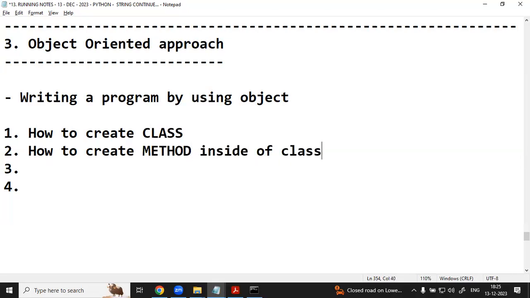First point, very important: how to create a class. Second point, how to create a method. If somebody is talking about a method, you have to imagine that a method should always be available inside of the class, but not outside of the class.